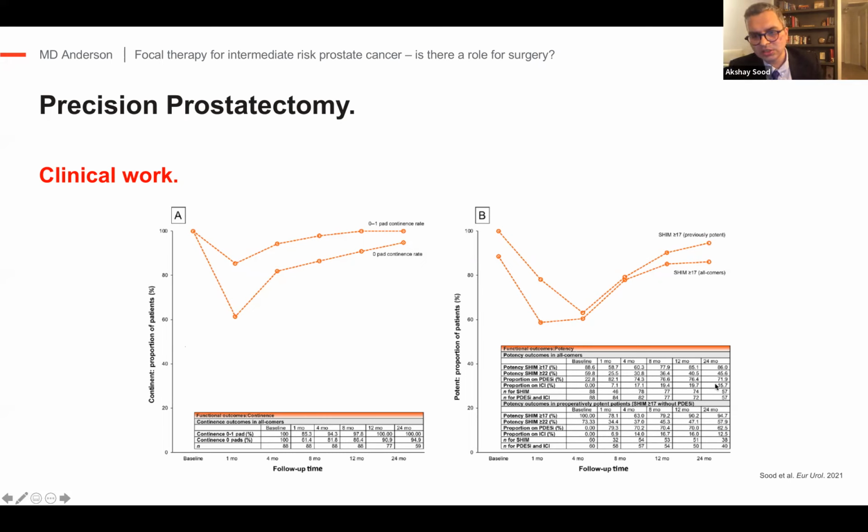With regards to sexual function recovery, again, you can see patients who came in preoperatively who were potent. By 12 months, almost 90% of those patients became potent again. And when we look at all comers, about 85% of those patients became potent. So again, much in line with the focal therapy results that we saw from Ahmed's study. So again, it proves the principle that you don't really need to save the whole gland. Even a part of the gland that's left behind will be enough to provide you with the functional benefit.